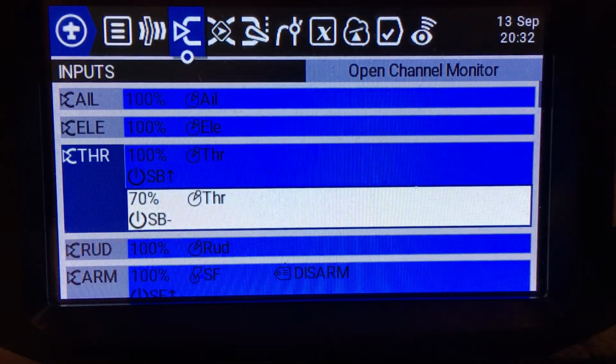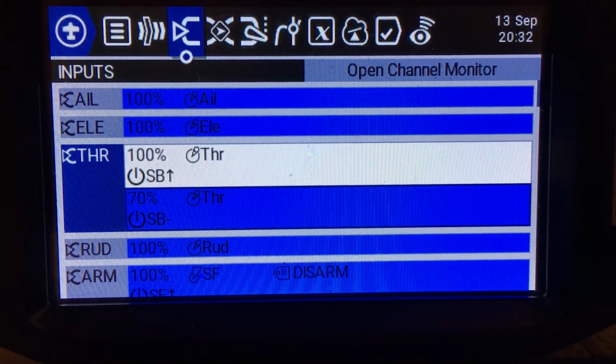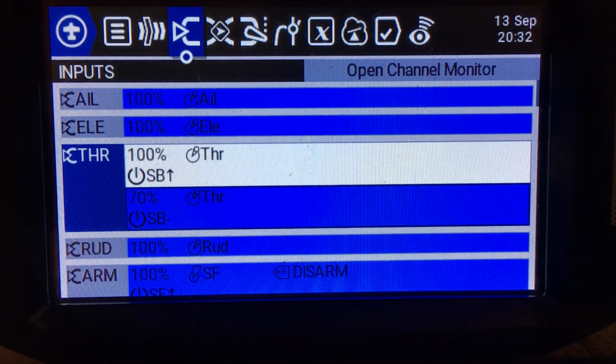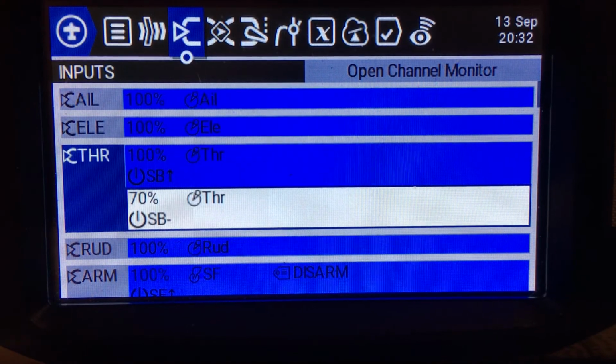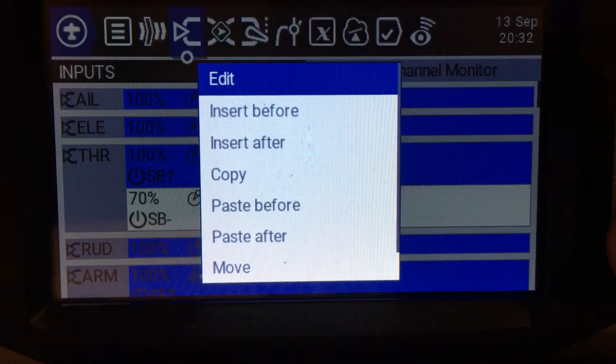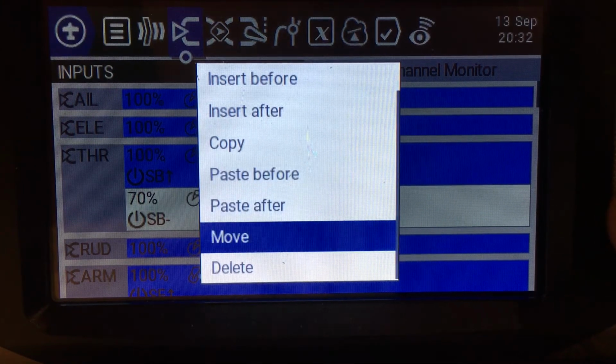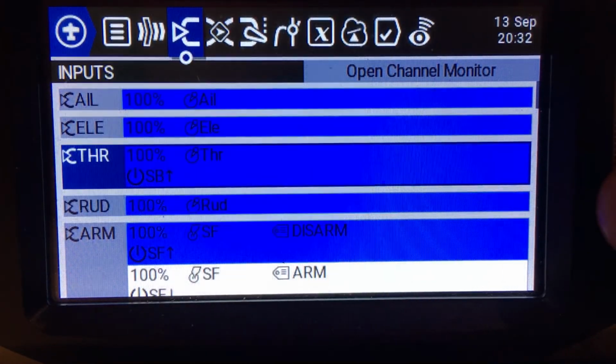And if we go back, you can see now as I'm flicking the switch back and forth, it's switching between 100% and 70%. Yeah? So I'm going to remove this now, because I only fly on 4S, so I don't really need this. But feel free to give it a try